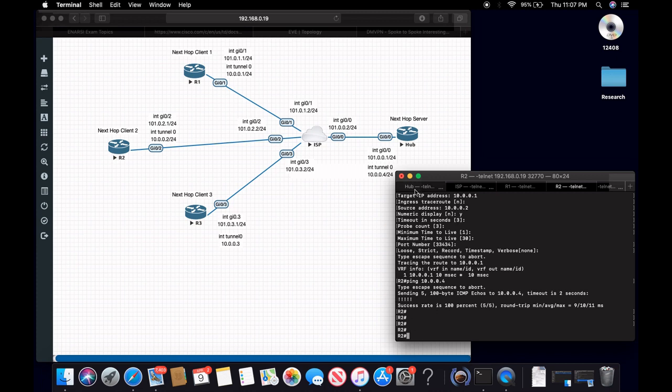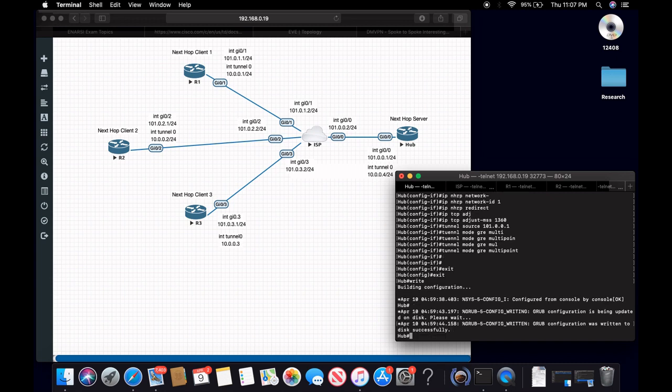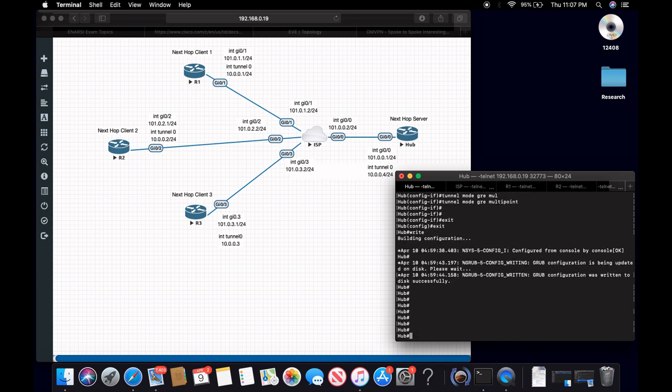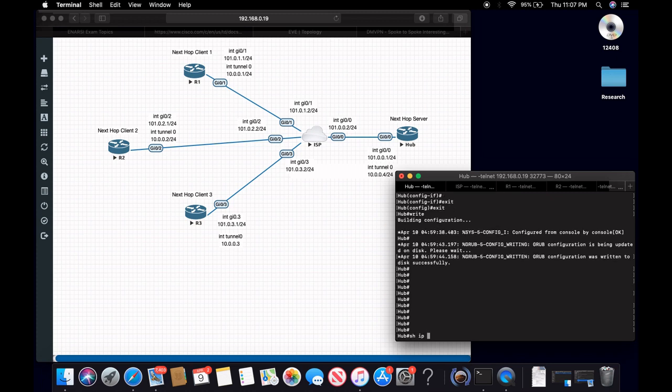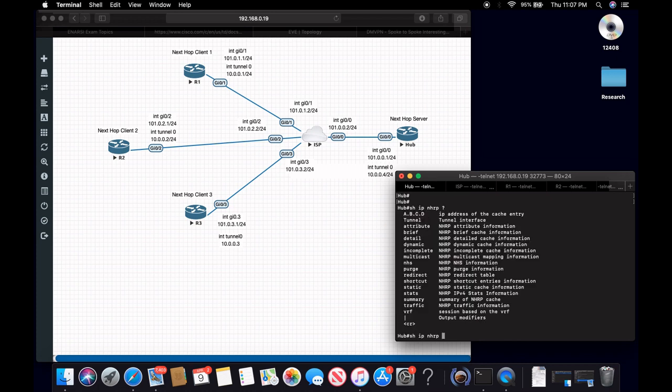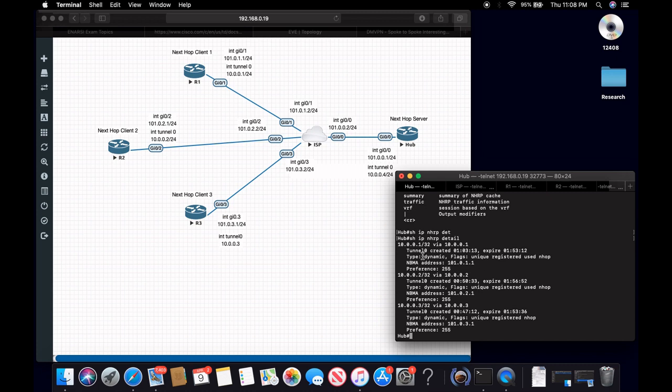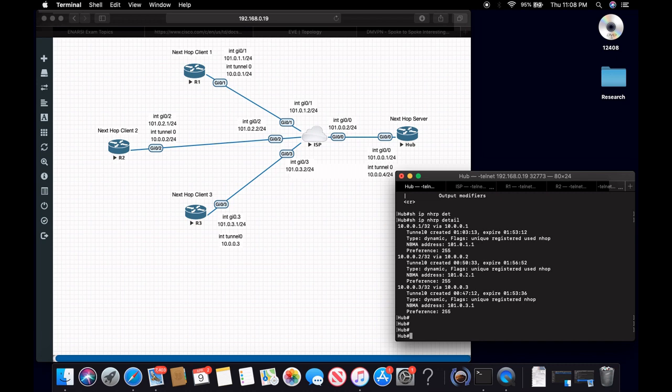I believe I might have already configured the third router, the third spoke. So if I do show ip nhrp detail, you can see I have a connection to each spoke. It's dynamic because that's what we set up, and it has the IP addresses of the actual global address for each of those as well. So you can see everything's working, everything looks good, and that is the video for DMVPN, Dynamic Multipoint Virtual